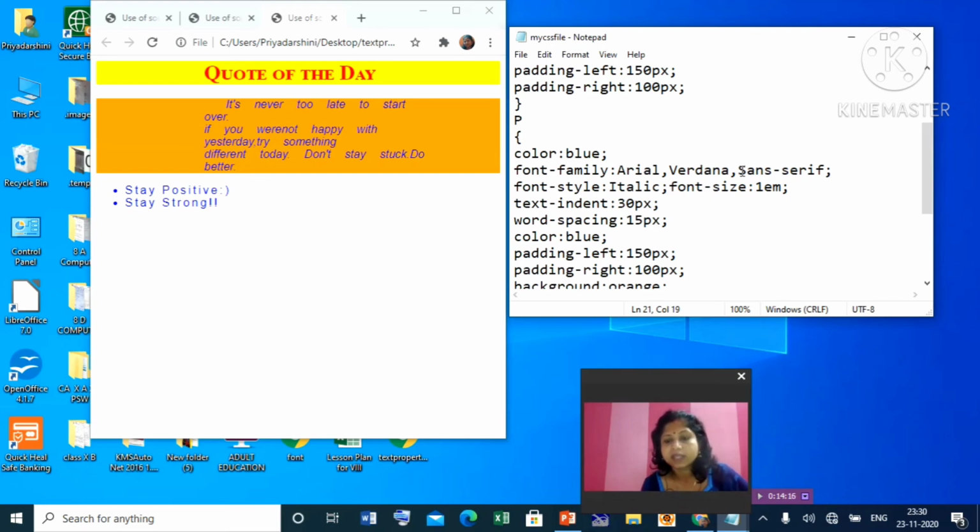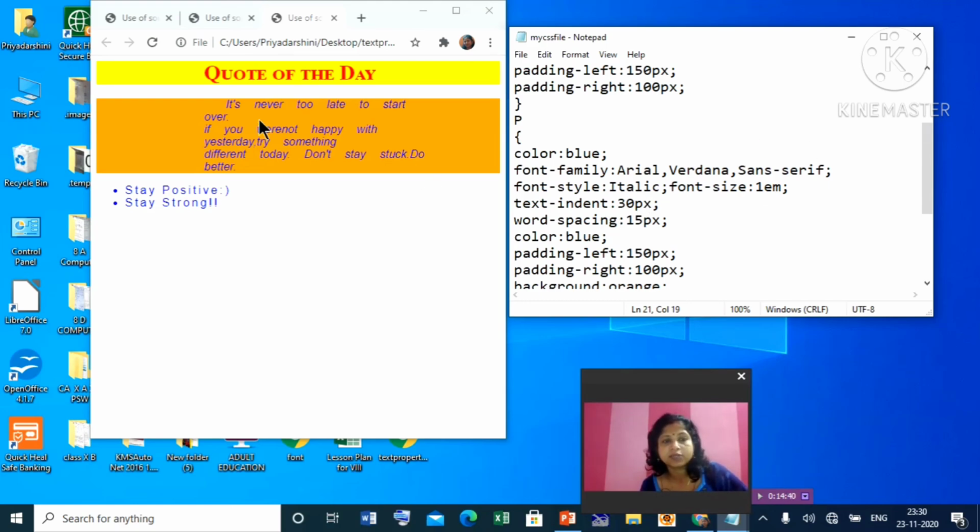You can increase and decrease it as you want. Next one is what is em. Em will fit to where you have used it, here I have used a box for the paragraph, background color, and so that will fit in that. And then text indent 30 pixels, you can increase or decrease.